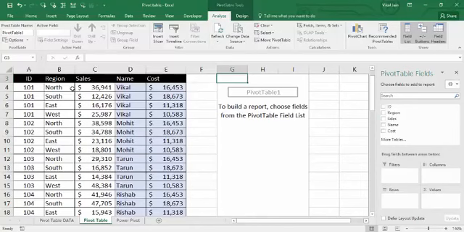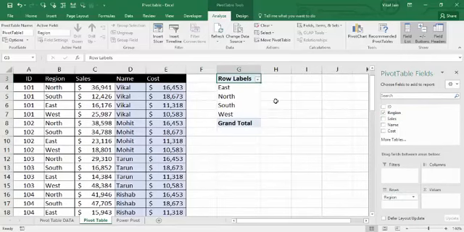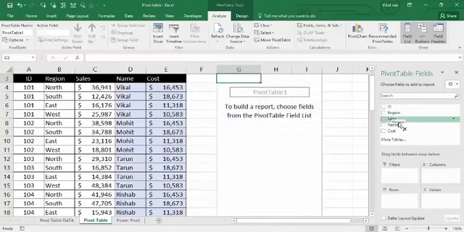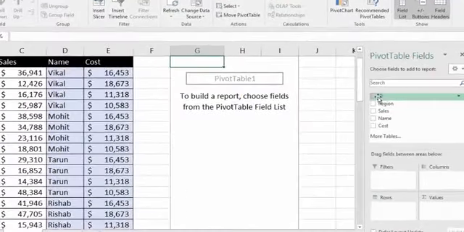I am just counting my sales region wise. So region should be on row. See, whenever you want to see your data row wise, then you have to put your data from here to row. If you want to filter your data, then you can put a filter here. So let's change it. Let's see the sales made by employee in every region. So ID here,